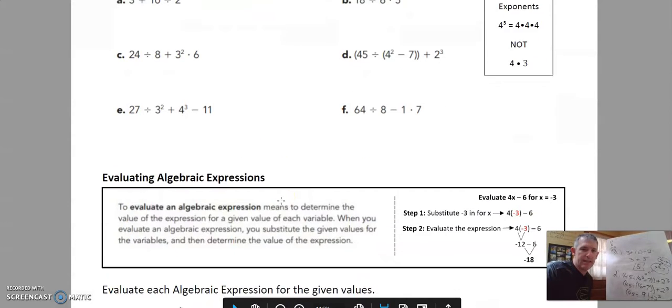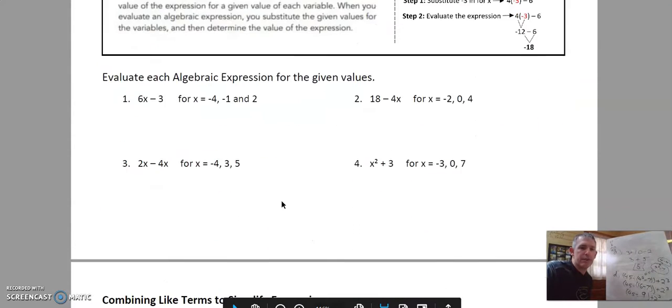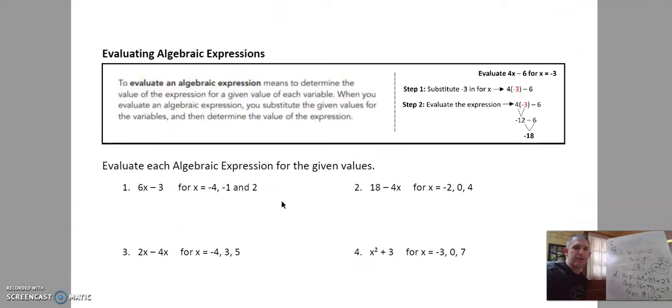Basically the same idea here. Now, when we evaluate, first we are given an algebraic expression. Then we need to find its value given a value for that variable. Because if it has a variable, it's an algebraic expression. It means to determine the value of an expression for a given value of each variable. When you evaluate an algebraic expression, you substitute the given values for the variables and then determine the value of the expression. So substitute negative 3 in for x,